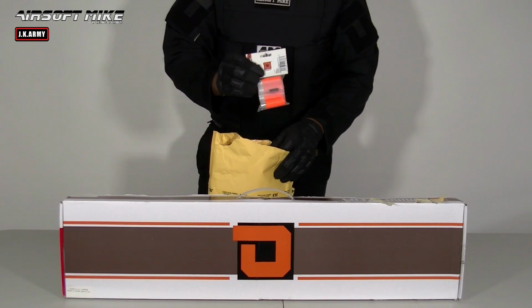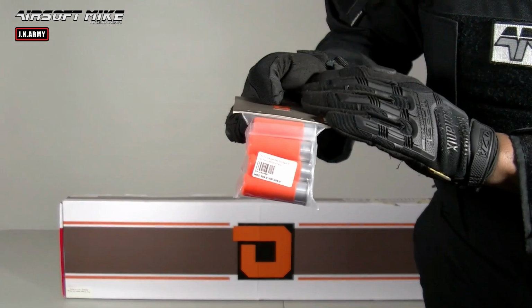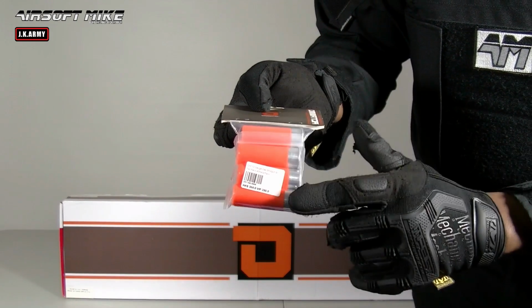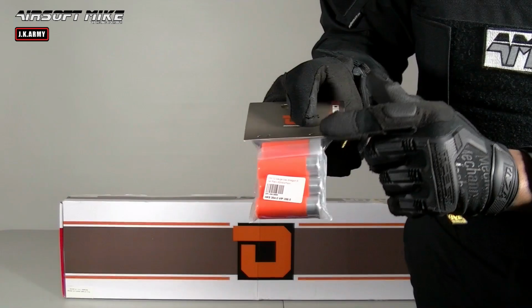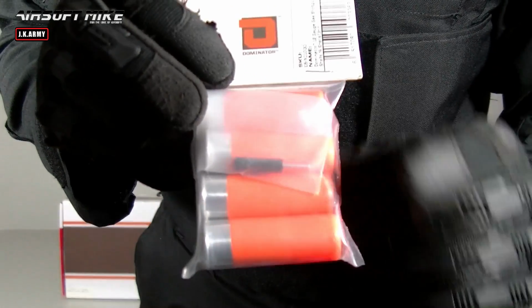You've got spare gas shotgun shells. And there you go. This is an example of what you would get if you were to buy a pack of 4 spare shotgun shells. But the fantastic thing about this, these are not the CO2 ones. Dominator has now released green gas shotgun shells. And they've even got a little adapter, which is what you would use to fill these bad boys with green